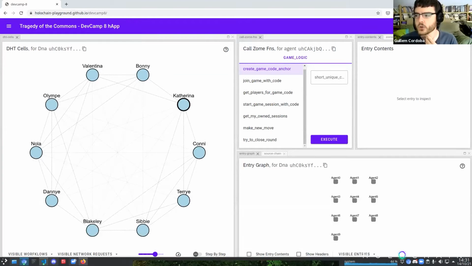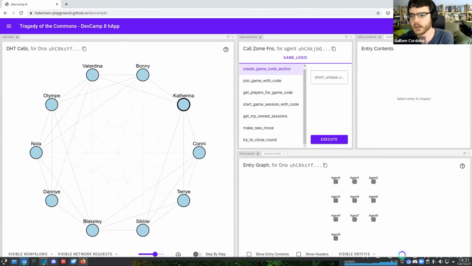and show which functions we are going to be creating today as we advance in the development of our Tragedy of the Commons game, in the playground, so that you can get a sense of how the entries will interact with each other and what links we are going to be creating, right? So first understand why we are creating things this way,